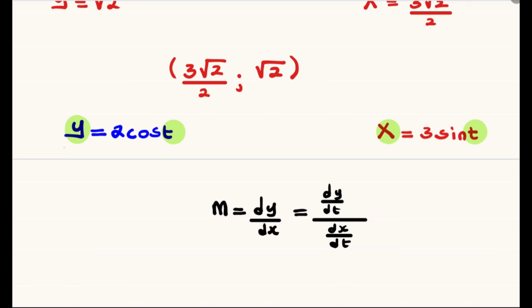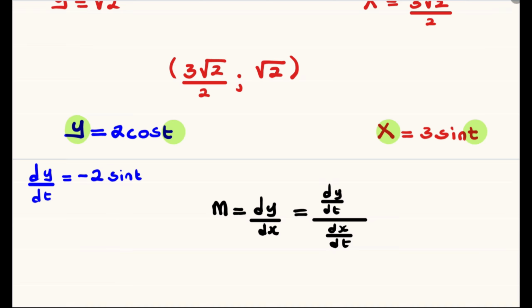From the two parametric equations, we determine the derivative of the y with respect to the derivative of the t, and this will be equal to 2 multiplied by the derivative of the cos, which is negative sine of